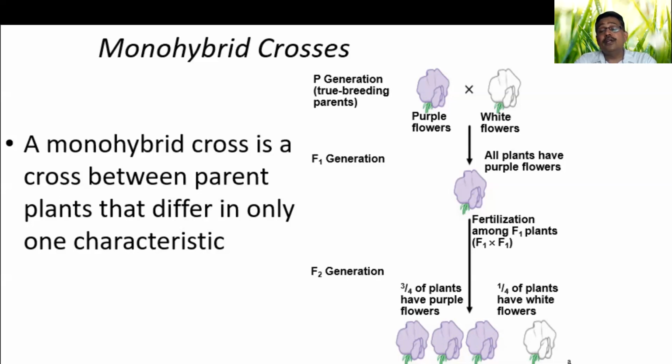These two are heterozygous dominant. So this is homozygous dominant, this is homozygous recessive, and 50% will be heterozygous. So why do we apply the markers in the F2? We can see the phenotype only in the F2s. If you want to genotype, you have to go one more generation, F3.